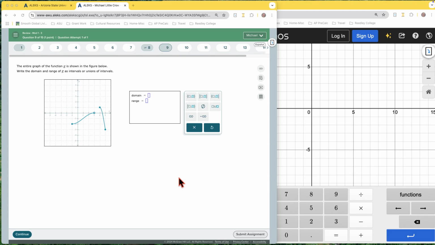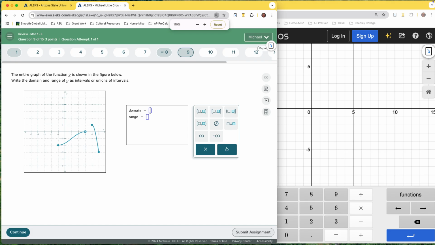Range from the graph of a piecewise function. So we are given a graph here. Let's make it a little bit larger. So let's start with the domain, and that is going to be,